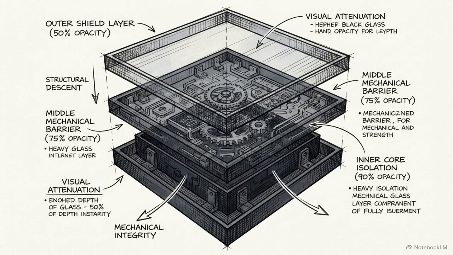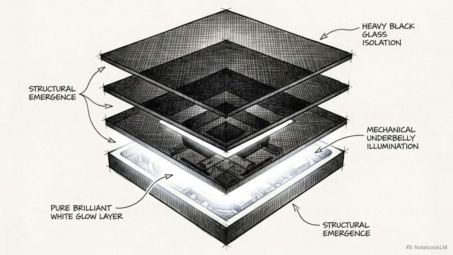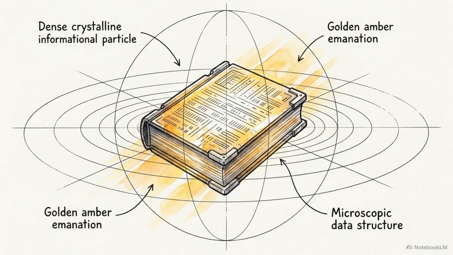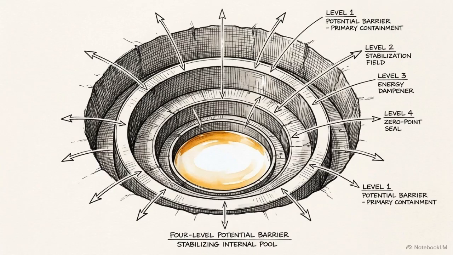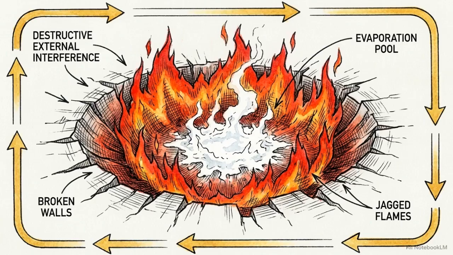It creates a closed system where internal biological processes are shielded from the external thermodynamic void. This 4-level structure is composed of 3 stacked depths of darkness, the isolation layers, which support the emergence of a single layer of light. At the absolute dead center of this cavity sits the seed. Within this informational framework, the seed is the latent book, awaiting processing to become visible form. The 4-level depth creates a specific potential barrier that stabilizes the internal signal. Without this exact configuration, the internal wave remains exposed to external interference, the fire, which disrupts the phase locking required